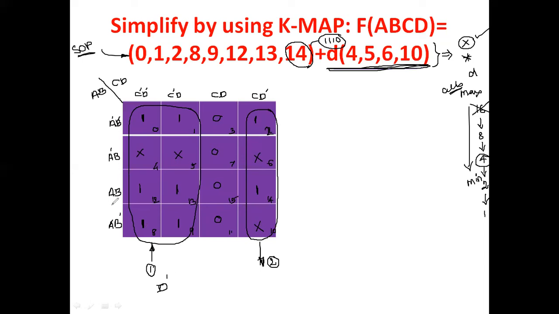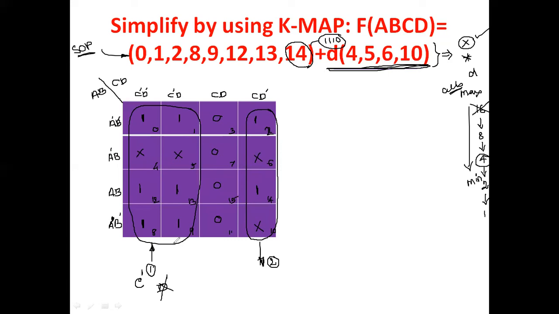From this AB, A bar is changing to A, B bar is changing to B, therefore there is no common variable. The only common variable in this problem is what? C bar. Since D is not a common variable, C bar is a common variable. So in this case, for all 4 ones, the common variables are C bar, D bar. Here for this one, A bar, B bar, B changes to B bar. Definitely B is not a common variable. And then A is changing to A bar.